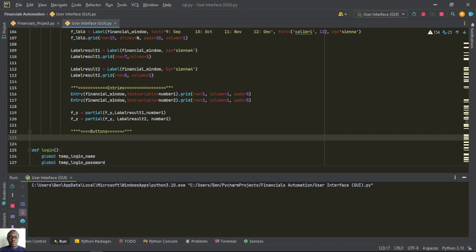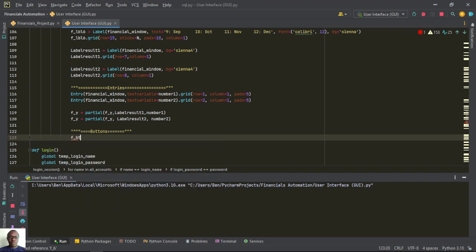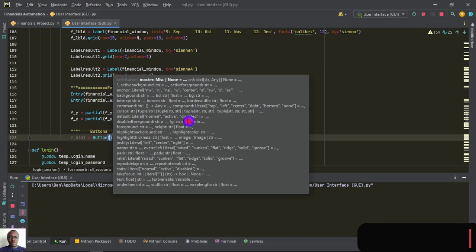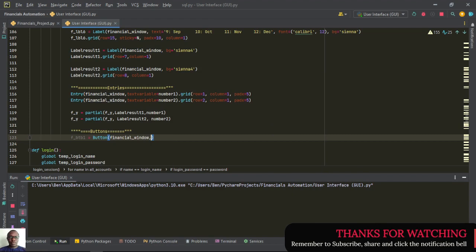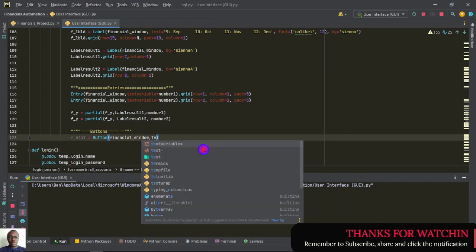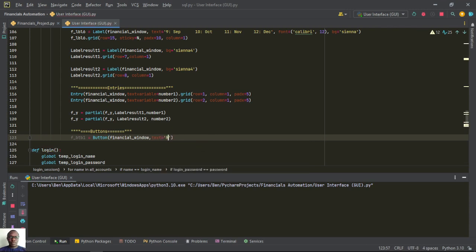So we'll say underscore btn, meaning button 1, is equal to button bracket. So we want this one under financial window, then text here is run financials,